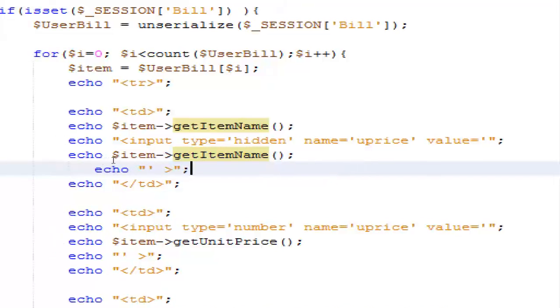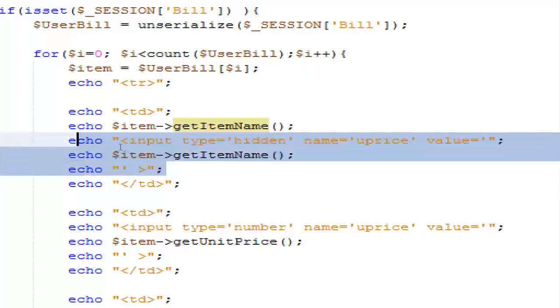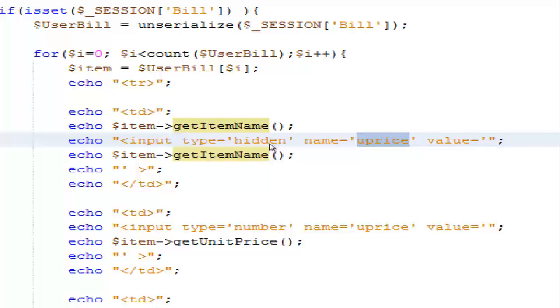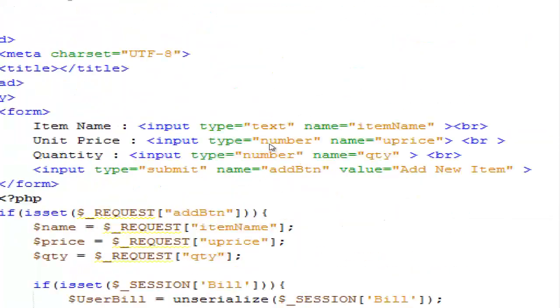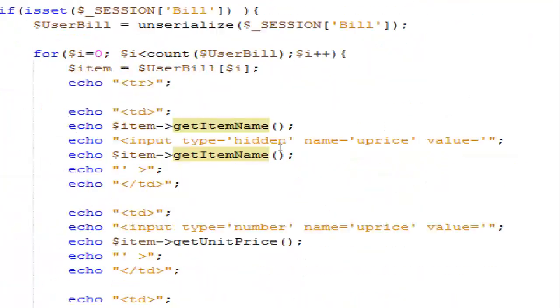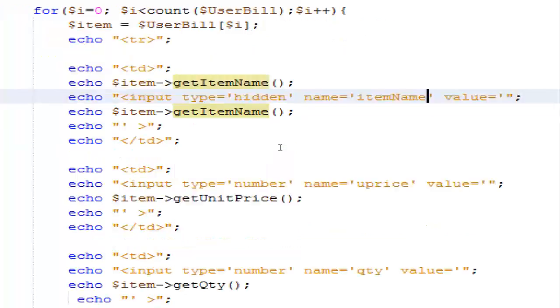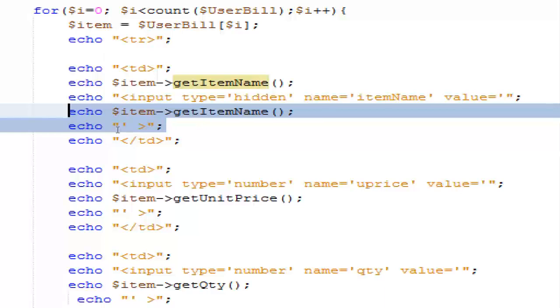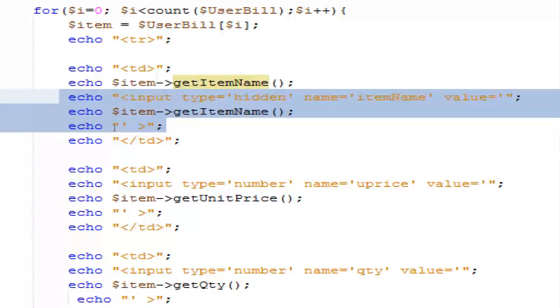Now if you look at this part, what is this one? It's a hidden field which is there. So after the name there is a hidden field which is not shown to the user, but it is required for your reference. You need to know the name. So it is that one, and this is not the U price. I think I gave the name for it as item name. I will use the same thing. Item name. So you notice that there is a hidden field which is not shown to the user, but it is there